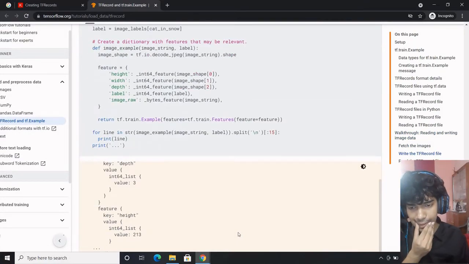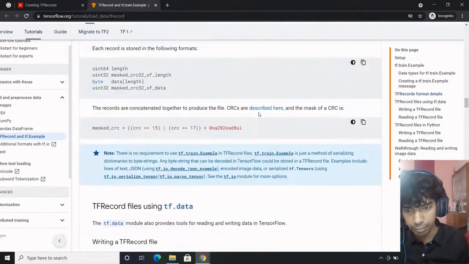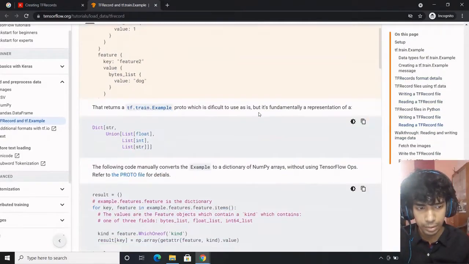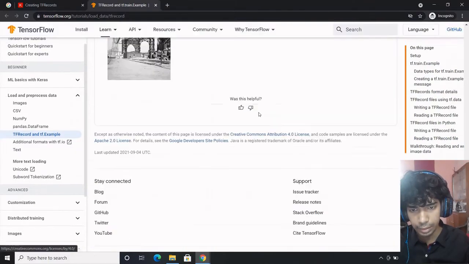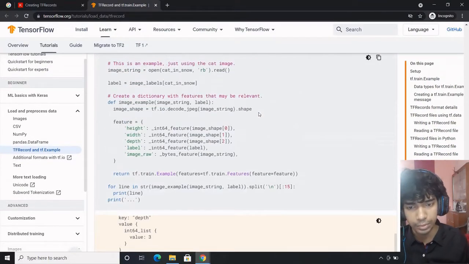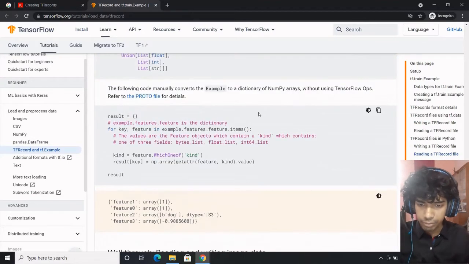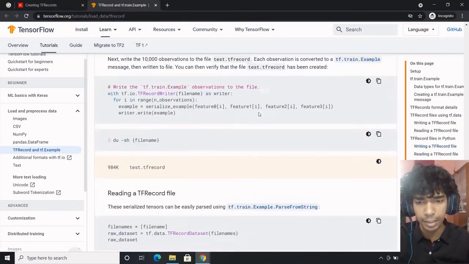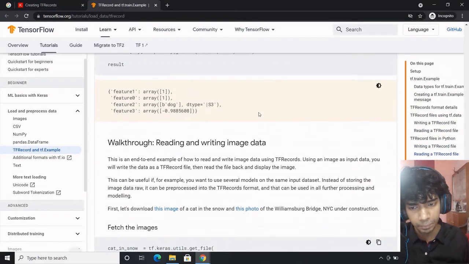Now let's get started. I think this particular portion is a bit complex and is not quite well written for a beginner. So what we're going to do is a hands-on example of what actually is done in a TF example, how actually TF examples are made. Once you go through the hands-on example, I think the portion above would be way more clear and understandable as compared to what it is at this moment.